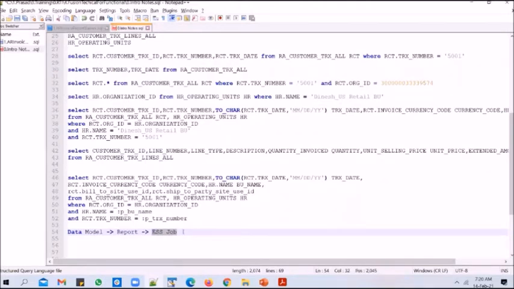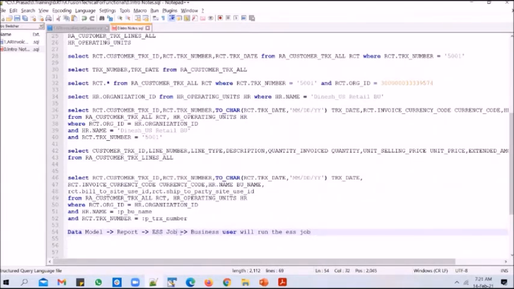It will be this ESS job that the business user will submit. What will happen when the business user triggers the ESS job, we'll get to later once we finish the other two steps as well.